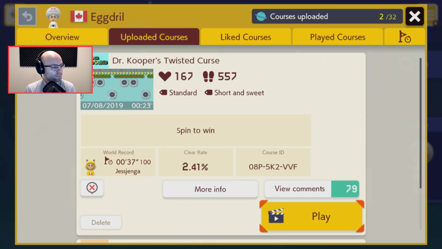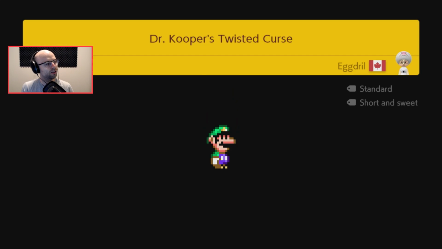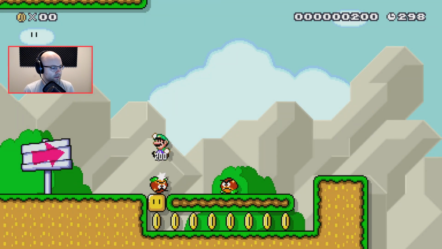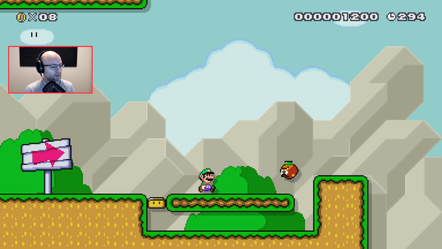I was going to say more plays than this. 2.41% clear rate is Dr. Cooper's Twisted Curse. Really, last night, after playing Austin's level, I was like, you know what? Spin jumps, they're a lot of fun. It's an interesting mechanic. So, to be honest with you, the start of this level, I didn't really have a good